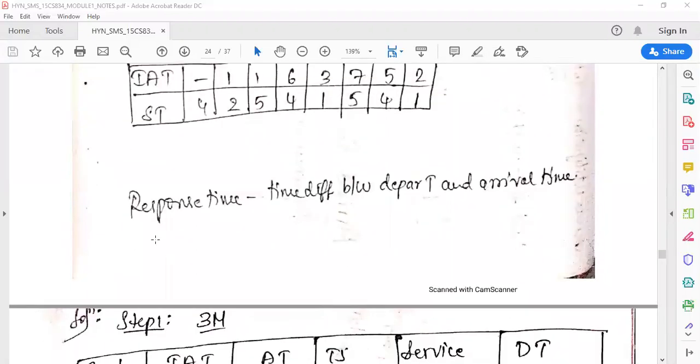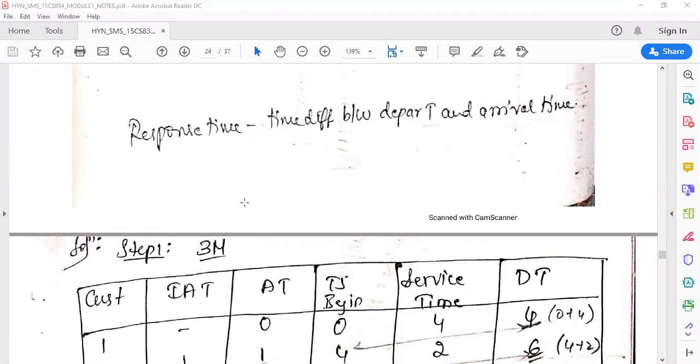So what is the response time? Response time is nothing but the time difference between the departure time and the arrival time. That means it is how much time that particular customer has spent in the system. So for example, he comes at 0 and he leaves at 5. So arrival time is 0 and departure time is 5. That means we have to calculate 5 minus 0 in order to find the mean response time or the average response time. So coming to the solution,